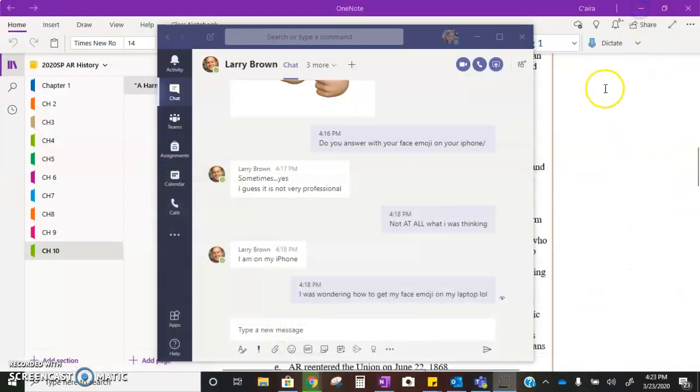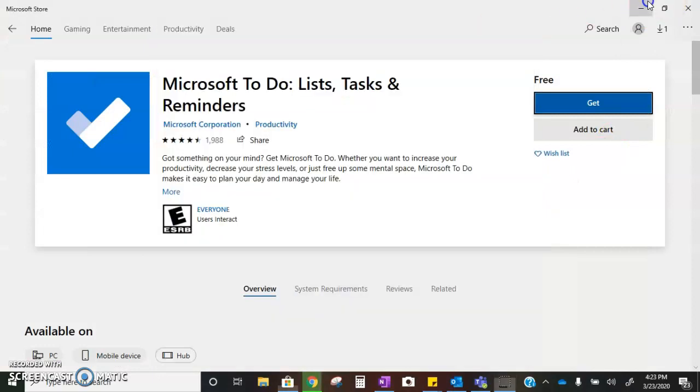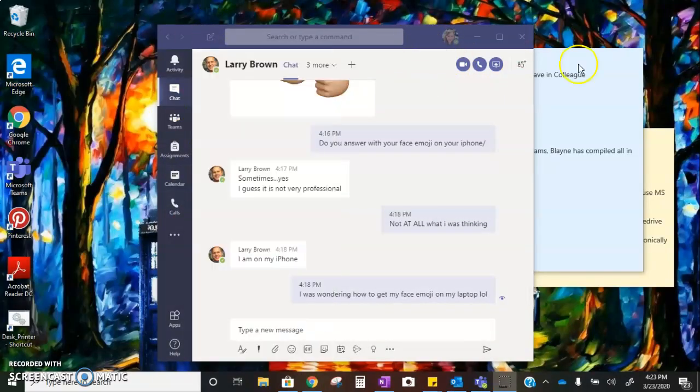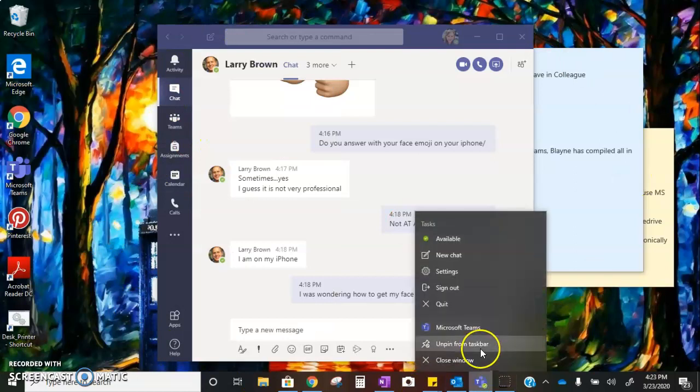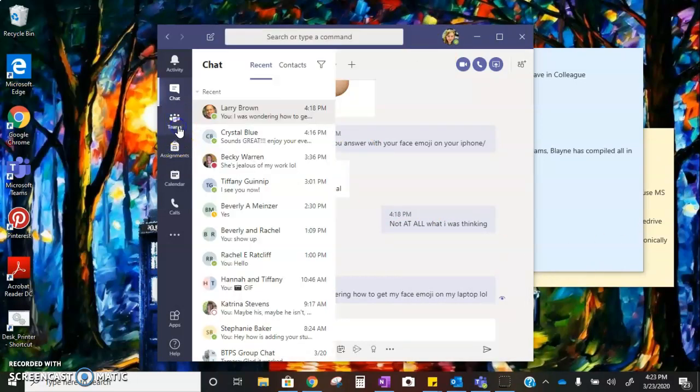Once that is downloaded and installed, you will see that it will look like this. I have it pinned to my taskbar with the right click right here. You can unpin it or pin it. I like it pinned so that I can view it. And then you will go to your Teams,